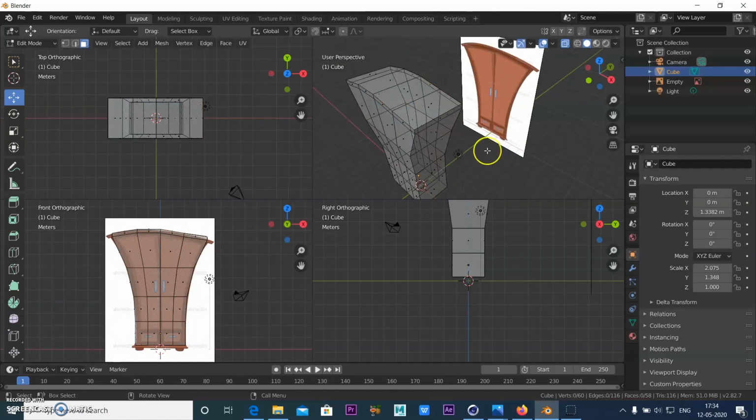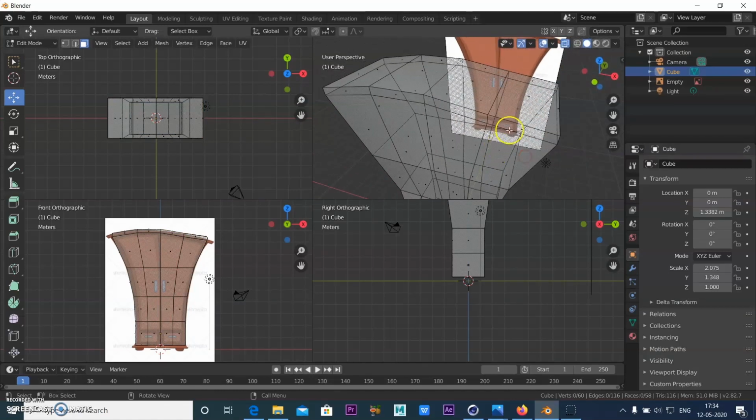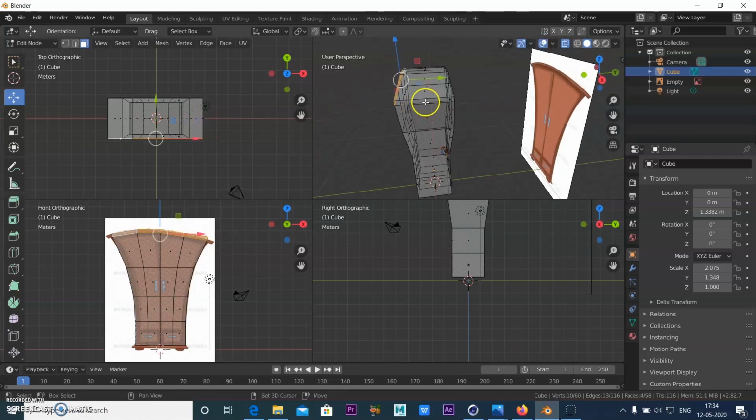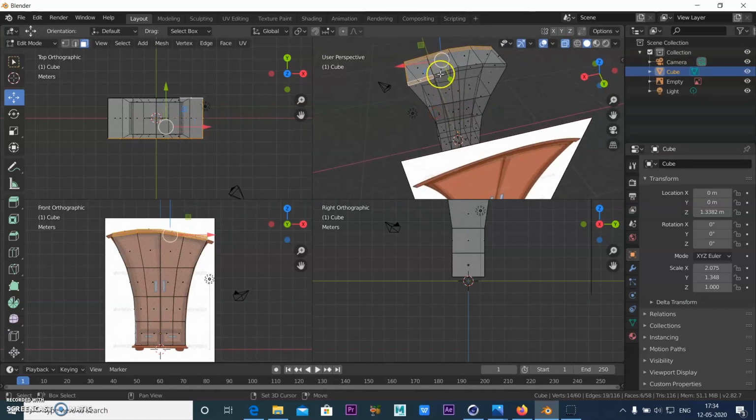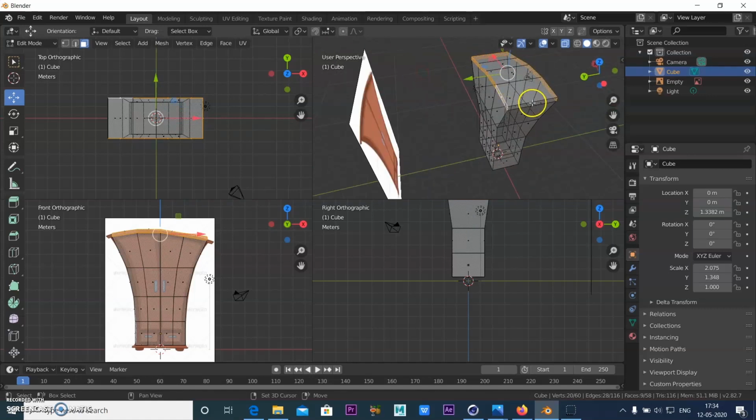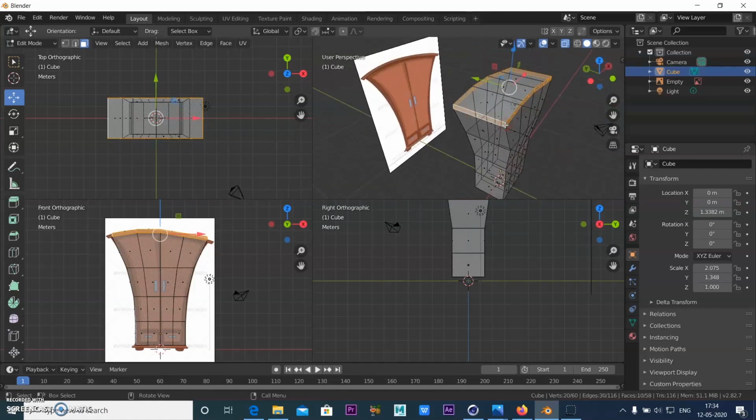Okay, so once you're done, now you have to select all these faces from all the sides, and I need to extrude out. So let's extrude this. So go to again this extrude, and this time I'll just go to extrude along the normal